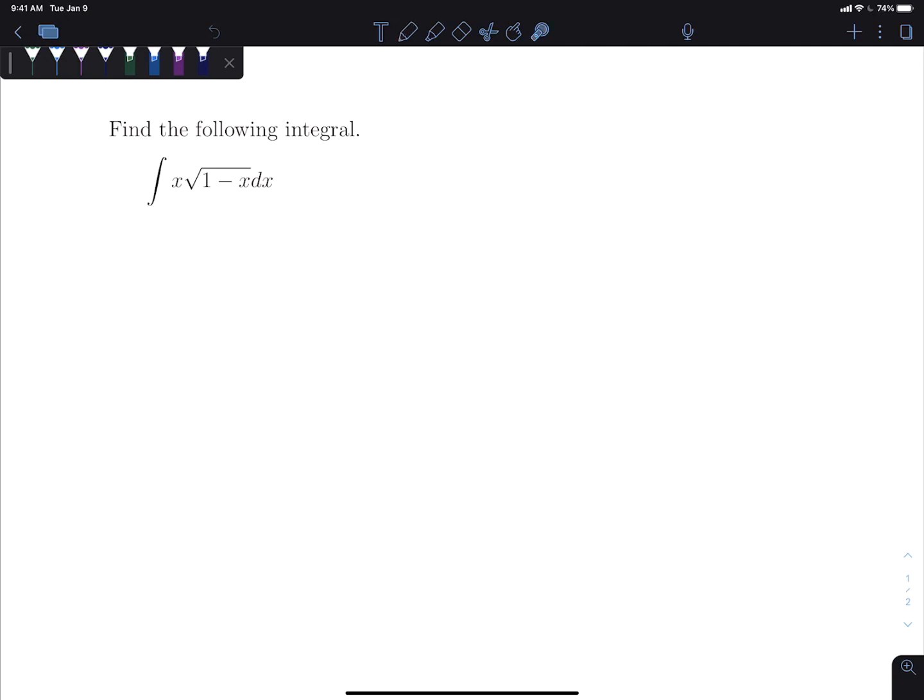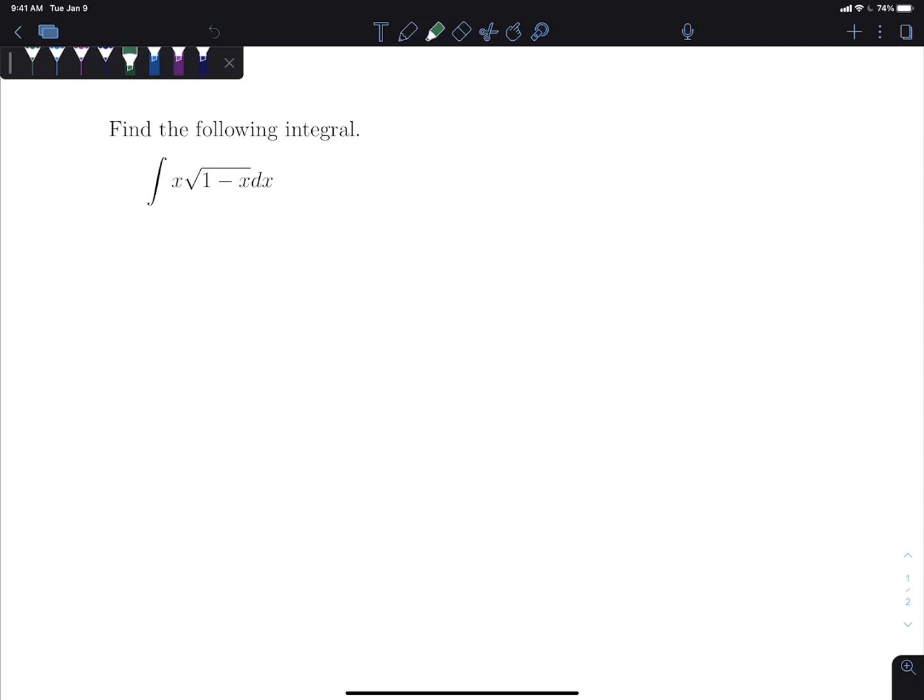Hello. In this video, I want to find the following integral. We have the integral of x times the square root of 1 minus x dx. Here we do have a radical, and we have a function outside the radical, so we need to go ahead